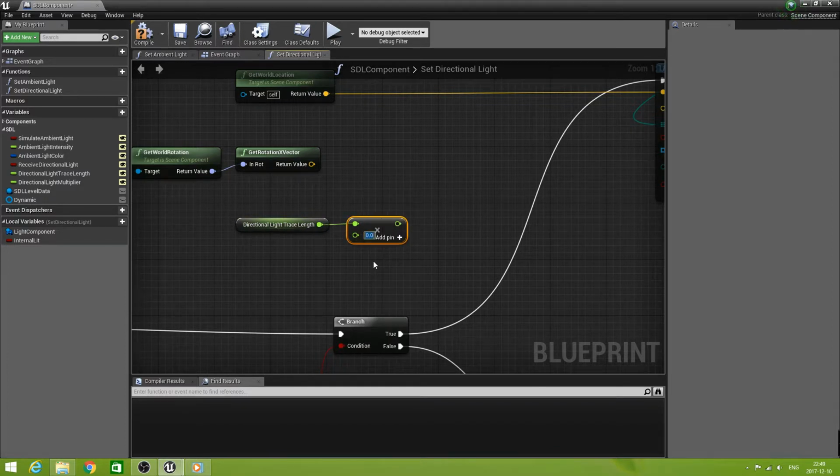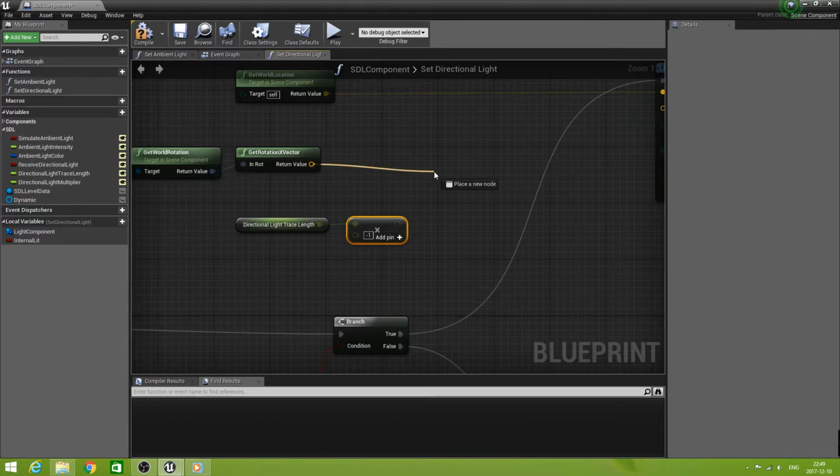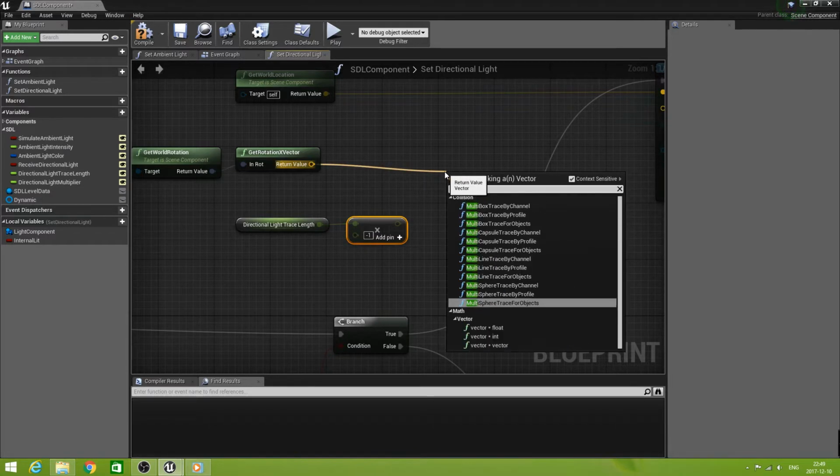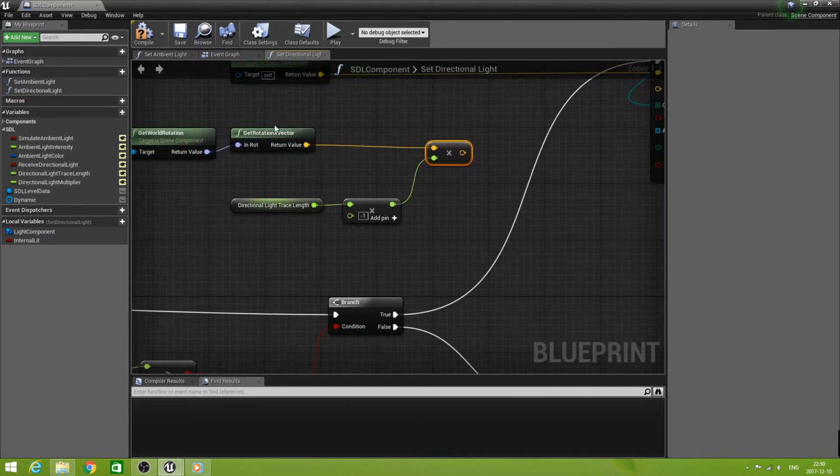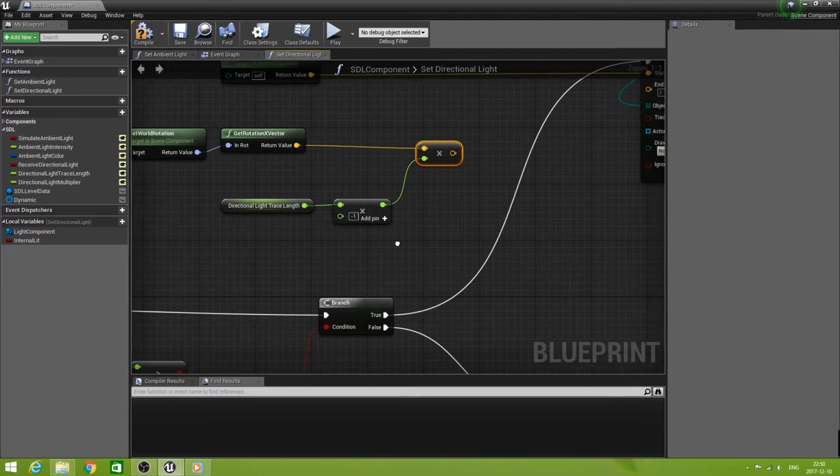Because we want to trace from our component, from the object, towards the light. So we make this with a negative sign, and then we multiply the vector with this float. Because this one was normalized, by multiplying it with the directional light trace length in the opposite direction, we